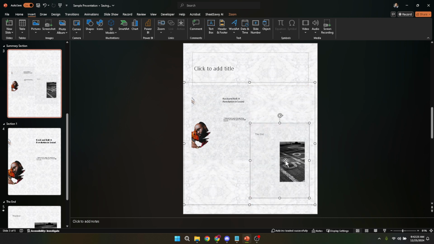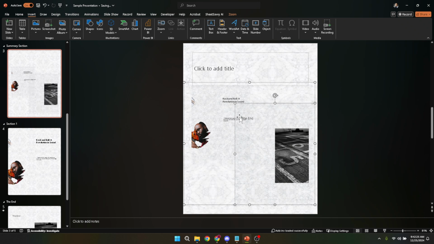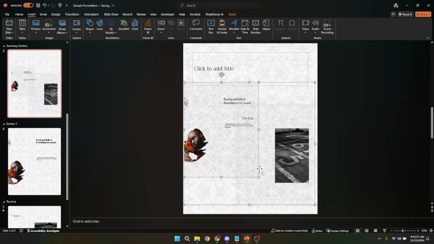Now, a couple of tips to make sure your zoomed in image or content truly stands out. First, consider the background of your slide. Ensure there's enough contrast between your Zoom thumbnail and the slide's background to make it pop. Secondly, practice your presentation. When you click on that thumbnail during the show, it will zoom in. Knowing exactly when and how to click can make the transitions seamless and impressive.